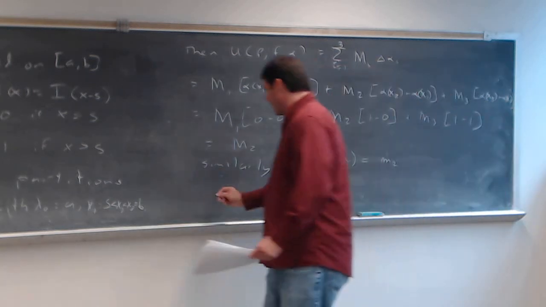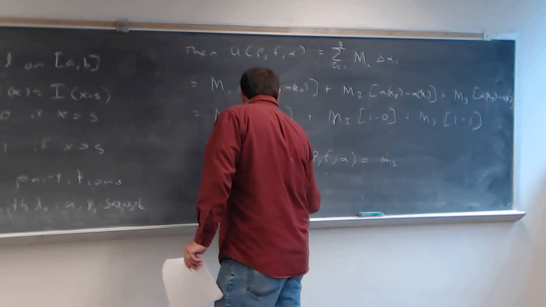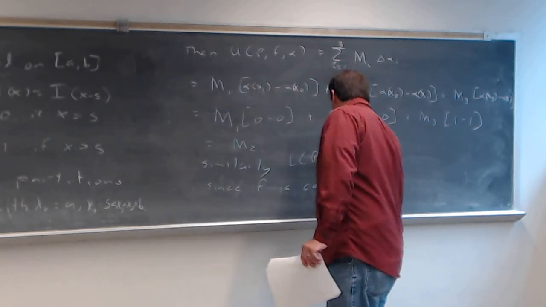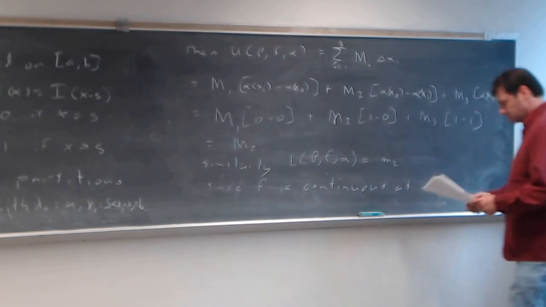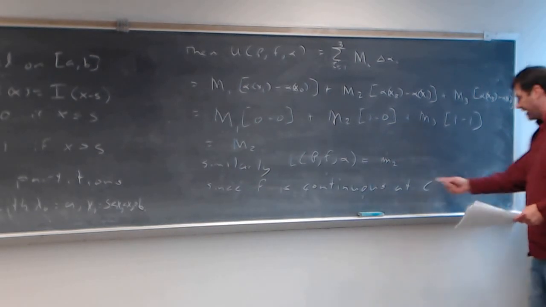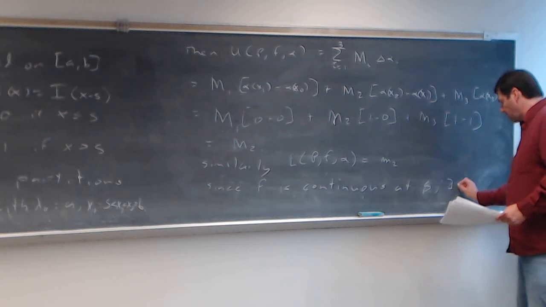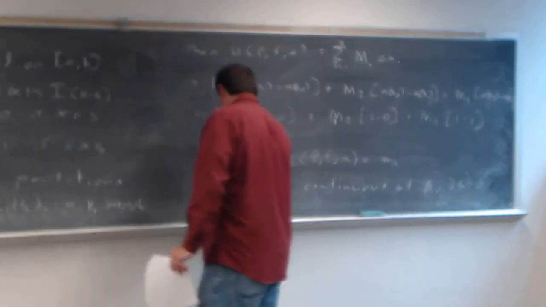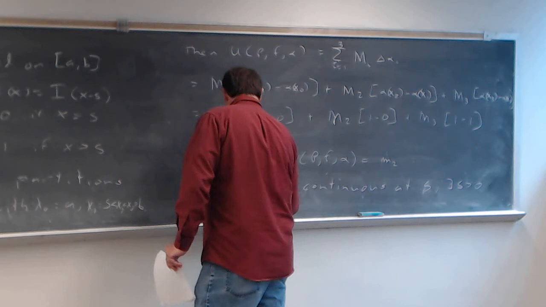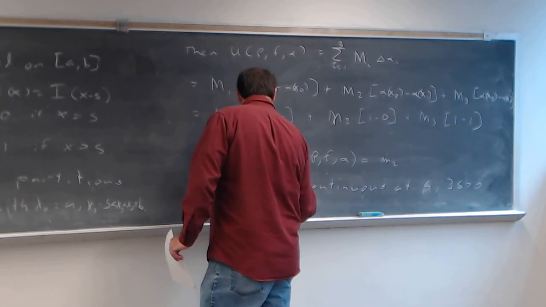Well, since f is continuous at s, there exists a delta bigger than 0. Now I'm going to put another restriction on delta, and delta is going to be less than